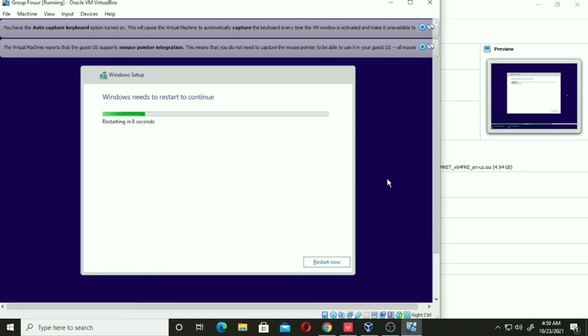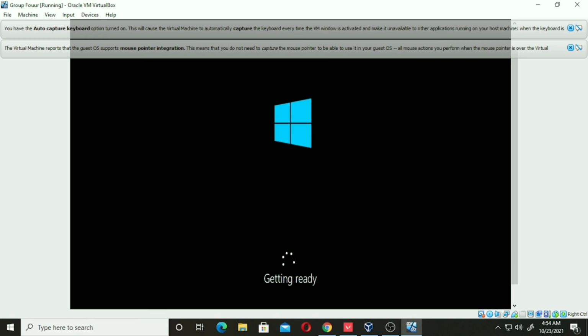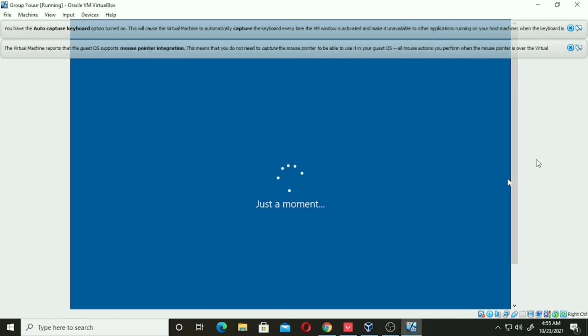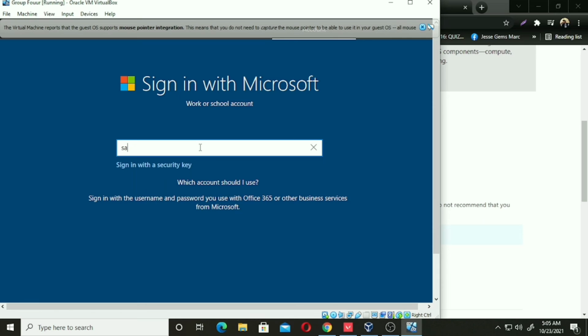Now, step 5, getting ready. Wait for Windows to restart. It may take a while. It's now time to set up Windows. Next is to set up the user. You can put